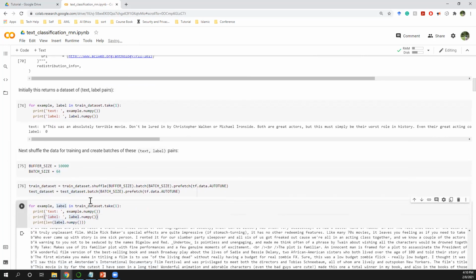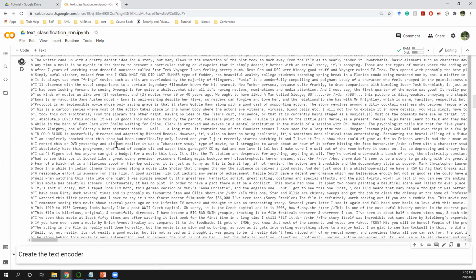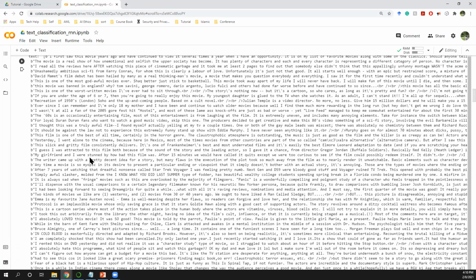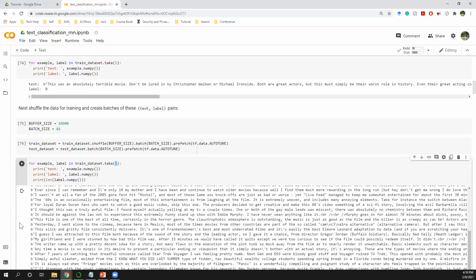If we just take the first one, what are we seeing? This has the same code as the previous ones, but it gives the first review and the label. But after some pre-processing, now when we take the first one, it gives us some long